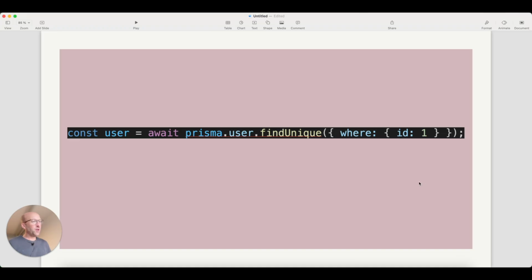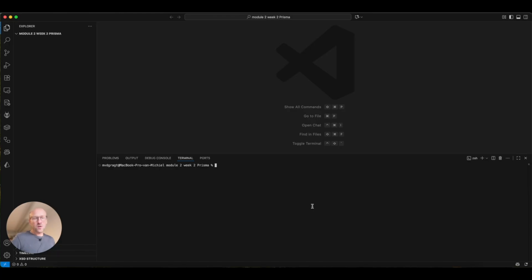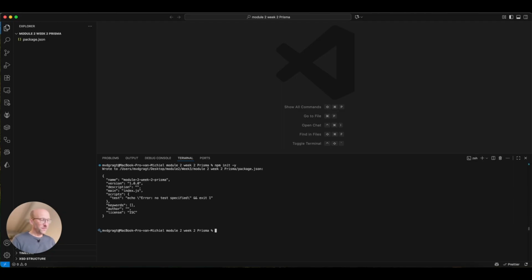Okay, without further ado, let's jump right into Visual Studio Code. So I've just fired up a new folder here, and this is a brand new clean sheet. So we're going to run npm init -y there. Then we're going to do npm install there,